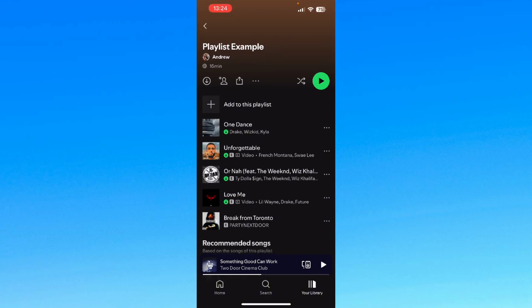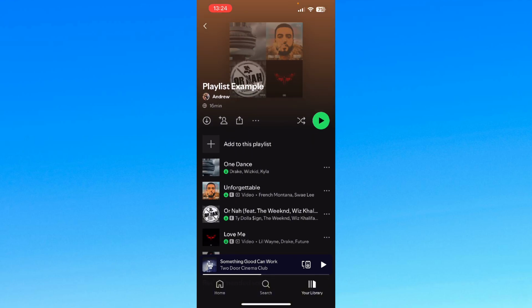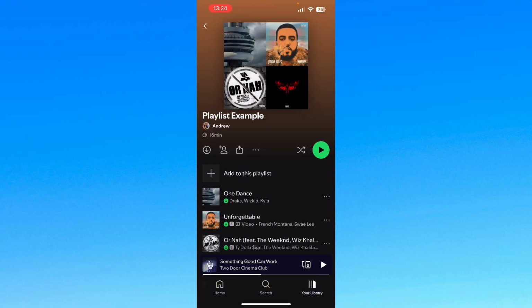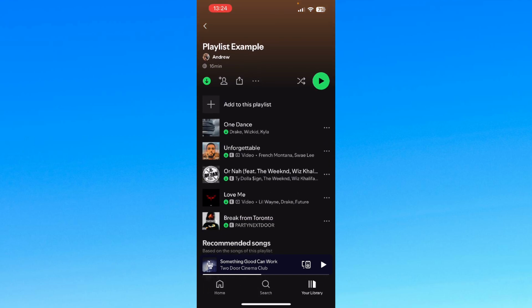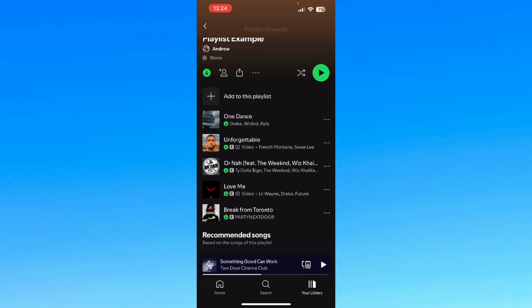So this is our playlist right here. We've got a few different songs. What I would suggest doing is hitting the download button in the middle left. It'll turn green. And when all of the individual songs have this green download button symbol, that means that the song has been downloaded on your device and you do not need to have an internet connection to listen to